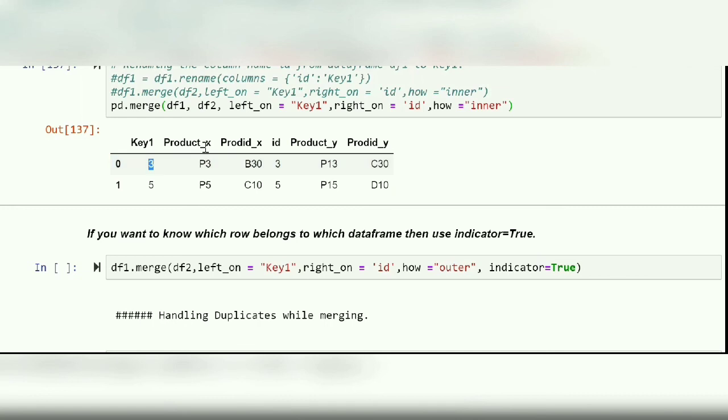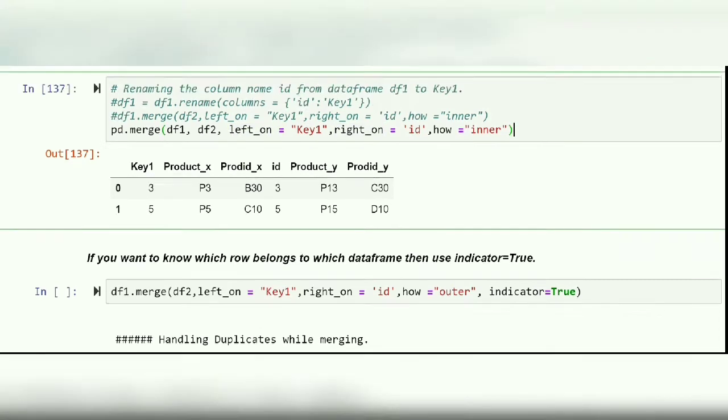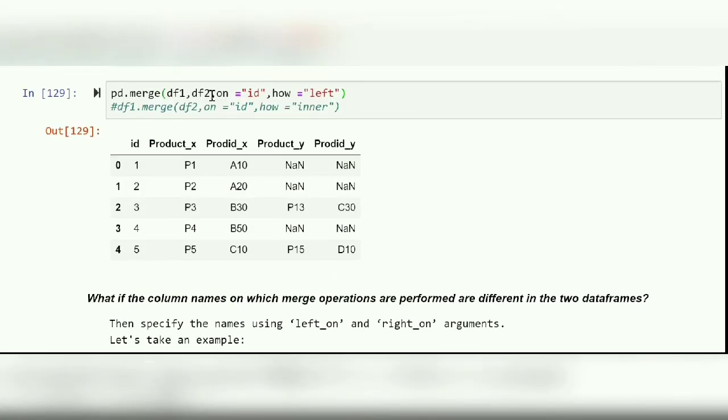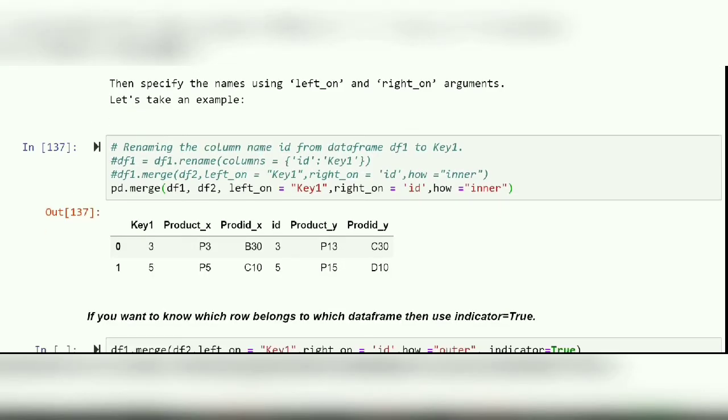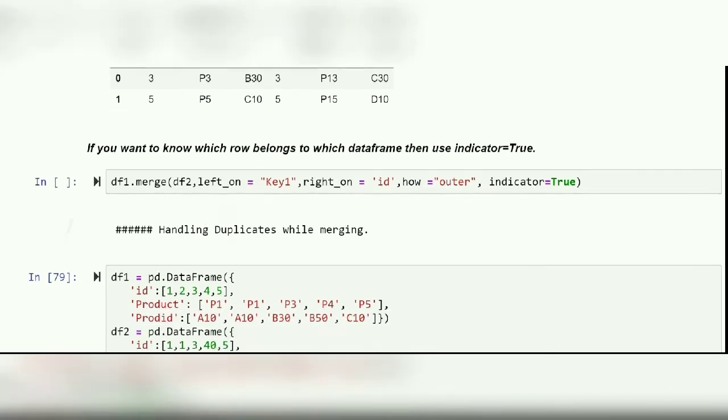This will also give me the same result as that of an inner join. So this is an inner join. The only difference was that I had different column names. For that purpose, I utilized left_on and right_on instead of writing an on condition, as I did in the previous example, because the column names are different now. So that was one difference.